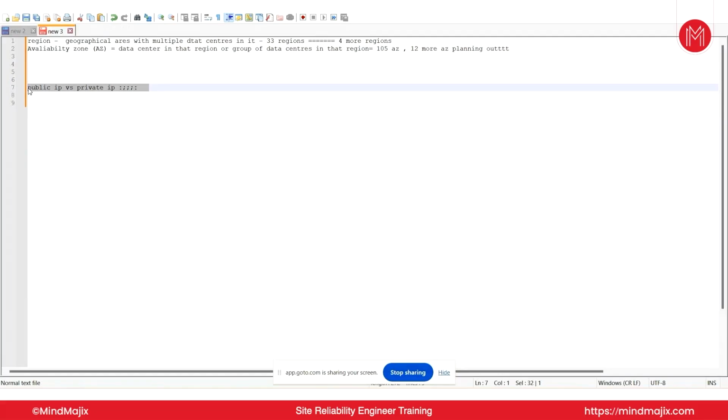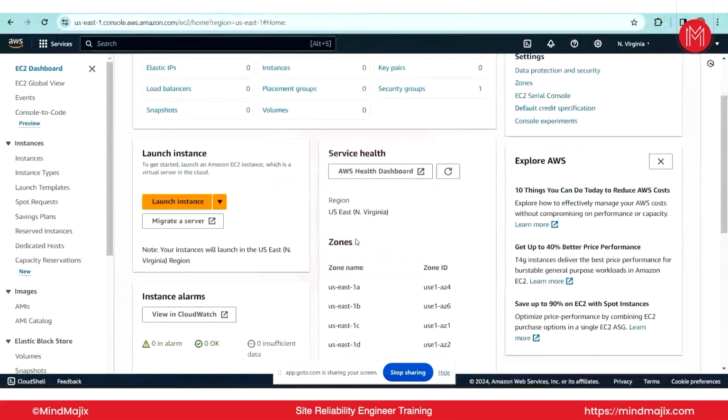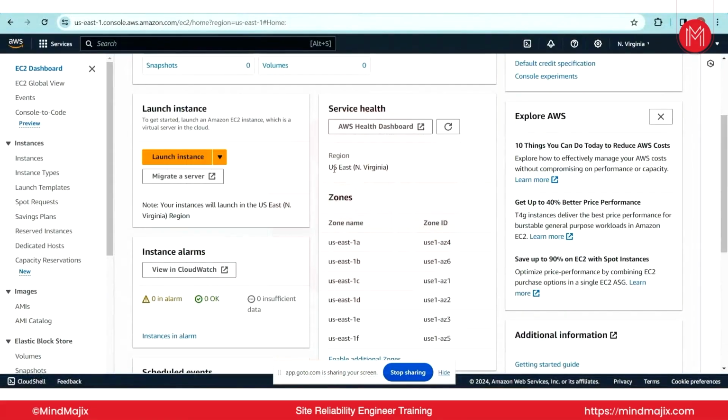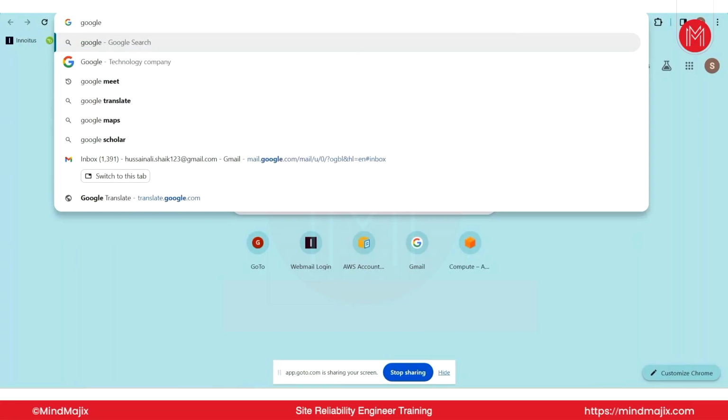When you have an instance, you will see a public IP and a private IP. A public IP is something that can be seen by other devices on the internet. That means, with a public IP, let us say you have Google. In google.com, there is a public IP behind this particular domain name.